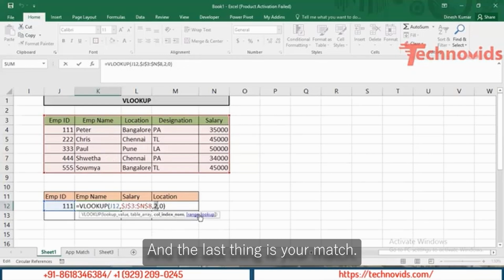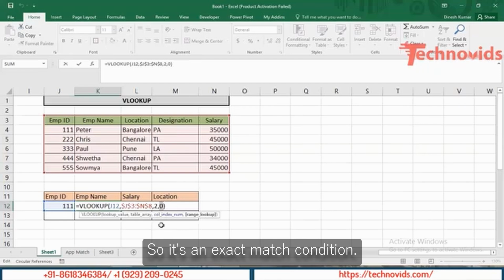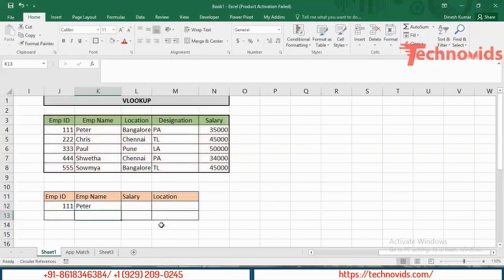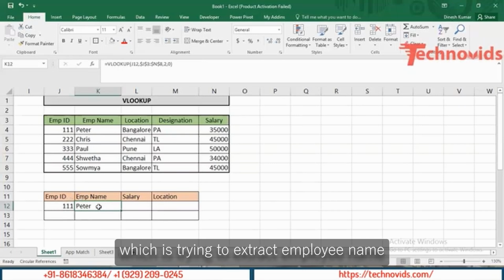And the last thing is your match type. That is whether you are using exact match or approximate match. In this case, my employee ID is exactly same. That is 111 is same here with 111 in the table. So it's an exact match condition. So I give a 0. And so this is how you give a basic VLOOKUP function, which is trying to extract employee name from